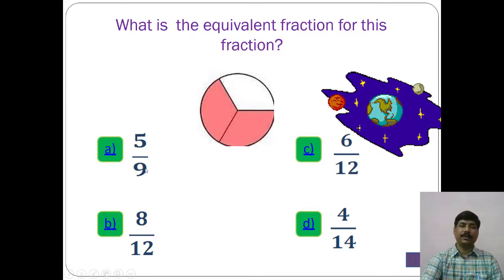out of these fractions, how will we get 2 by 3? 5 and 9 are not divisible by any same number. Here this is divisible by 4: 4 twos are 8, and 12 is also divisible by 4: 4 threes are 12. It means the new fraction will be 2 upon 3. In this case, both numbers are divisible by 6: 6 ones are 6, 6 twos are 12. The new fraction will be 1 upon 2. And both these numbers are divisible by 2: 2 twos are 4, 2 sevens are 14. So in which option are you getting 2 upon 3? In this option you are getting 2 upon 3.